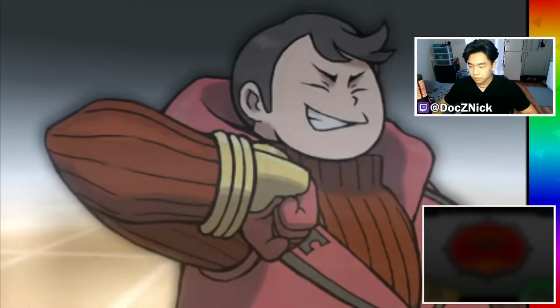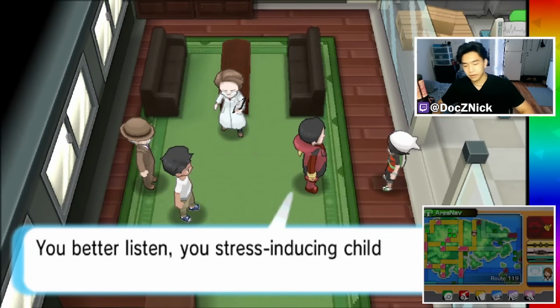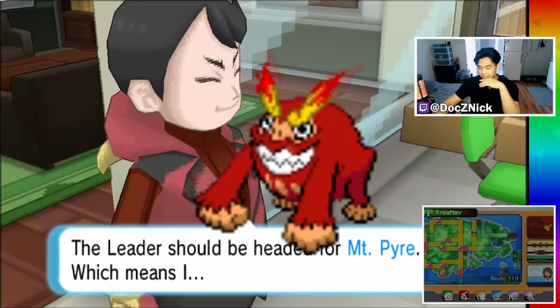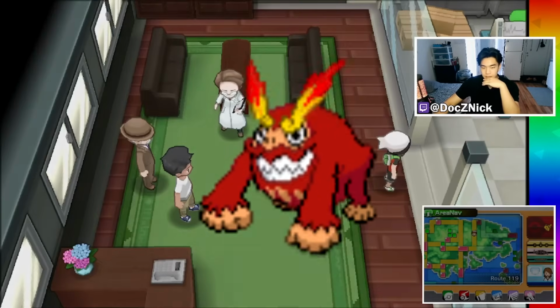This fight might have seemed a little bit scrambled with all the switching, and there was actually some more maneuvering that I've cut out. I needed to position myself correctly with a Swift Swim on in the Rain by the time Darmanitan came out. It's just way too powerful with Sheer Force Life Orb, and Swift Swim was my only